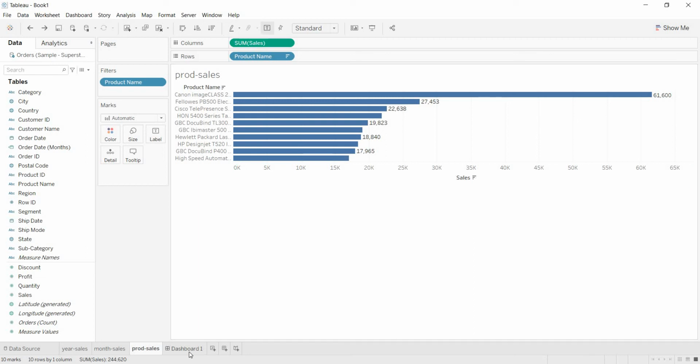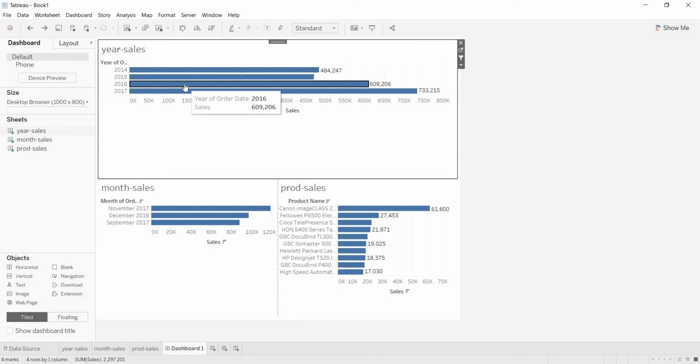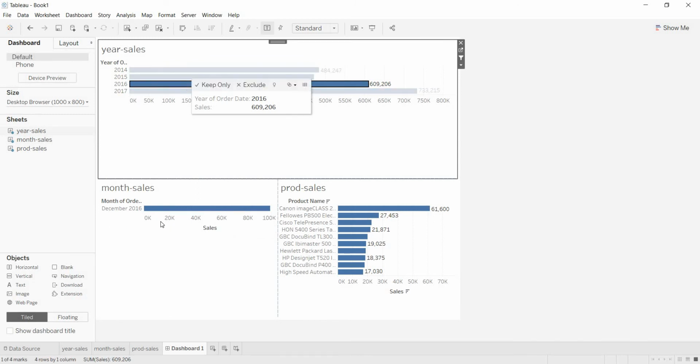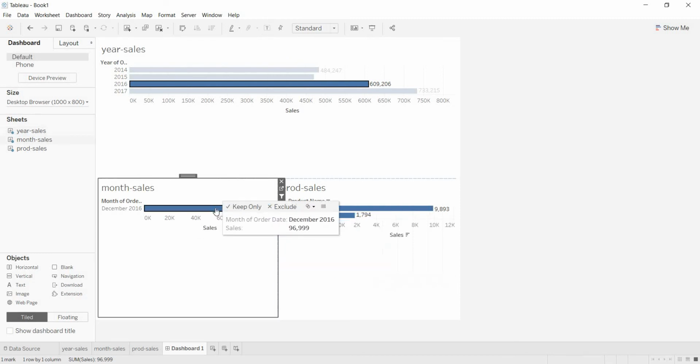Now, when I go back to the dashboard here and select any year, I am selecting 2016. Here we need to get 3 years from 2016, but you are getting only 1 year. Even here also, when I select, you got December 2016. When I am selecting December 2016, here you need to get 10 products, but here you are getting only